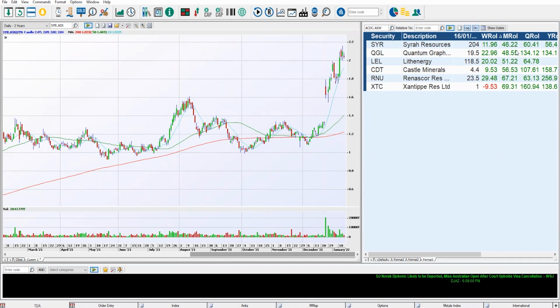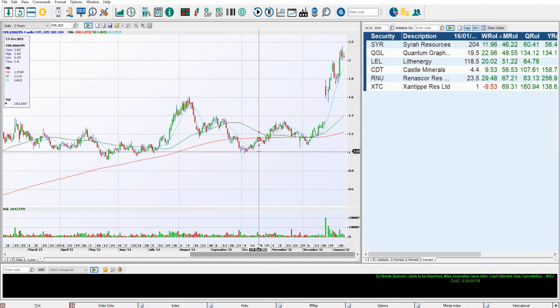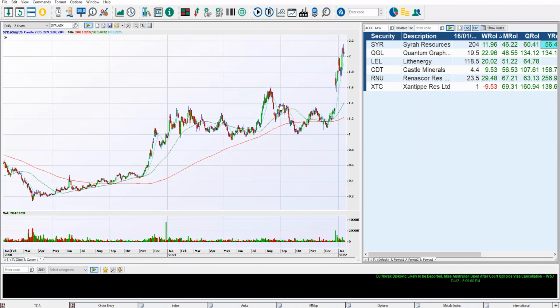SYR, we can see position number 6 with that 46% return over the month, 11% for the week, 60% for the quarter. Looking at those last 3 months, coming out of some nice lows in October, rounding that dollar, bang, getting up towards 2. That's 134% for the quarter for some better ones, but 60% for SYR, 56% for the year. Bringing it out for 2 years, you can see the runs that it's put on the board